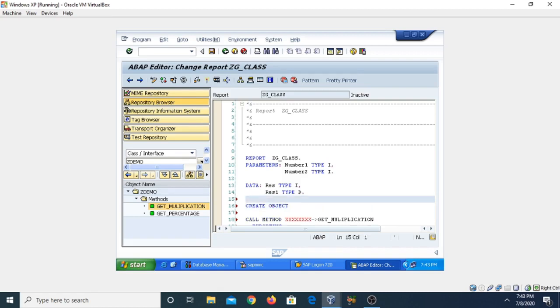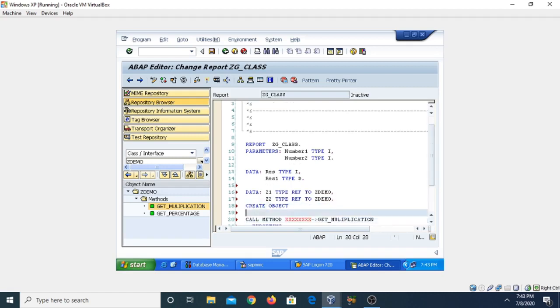Because we have not created the reference variable, firstly I'm going to create the reference variable. This is our Z1, and the type refer to the class name, and the class name was ZDemo. Similarly, we can create another reference variable Z2, type refer to ZDemo.